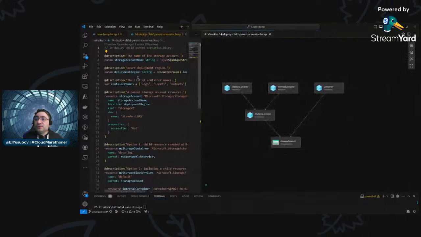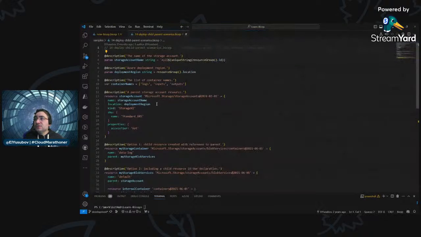Okay, so this code on the left basically deploys a bunch of different storage accounts. And as you see, there's some relationship between them because some of them are containers using a given storage account. In our case, we have one storage account, right? And then we have containers that are linked to each other. So that's what it does. So in this code,